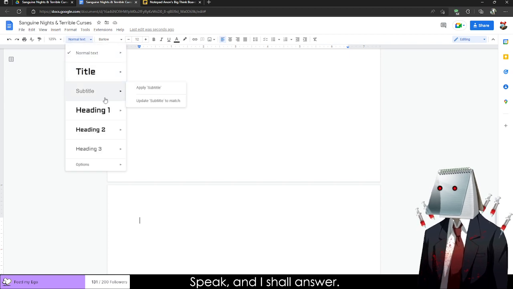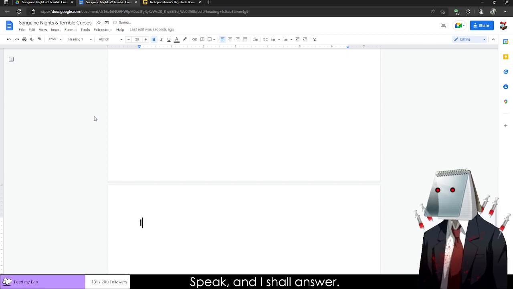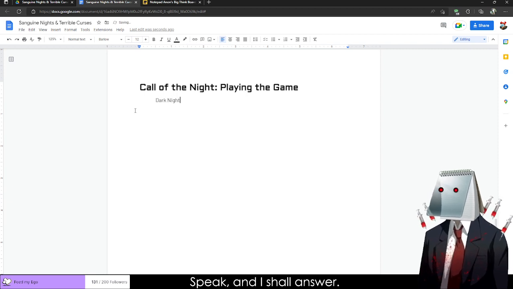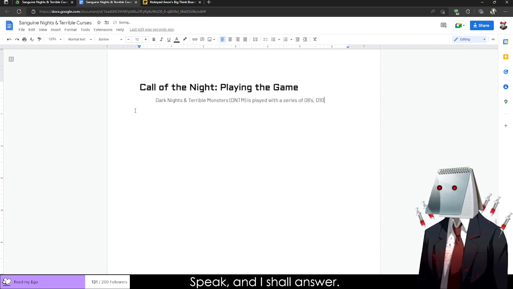As for what we should go down here is, let's see, we'll do Call the Night, playing the game. Gamer hours. Dark Nights and Terrible Monsters, DNTM. DNTM is played with a series of D6s and D10s. We'll do 3 to 5 agents. Actually, 3 to 5 players. And actually, no, what am I missing? Okay, so 3 to 5 players and a...